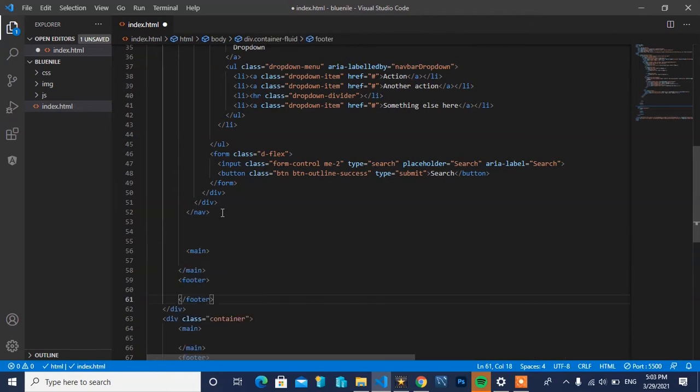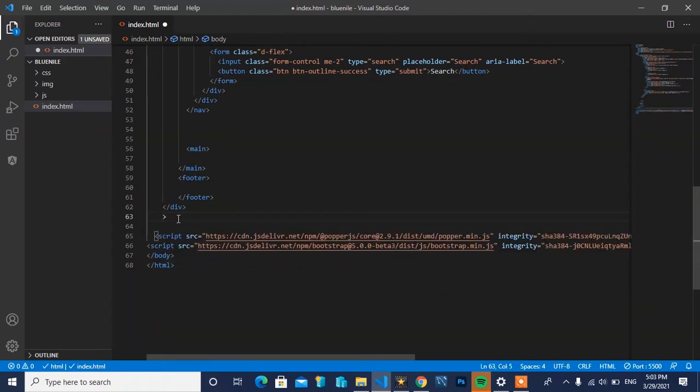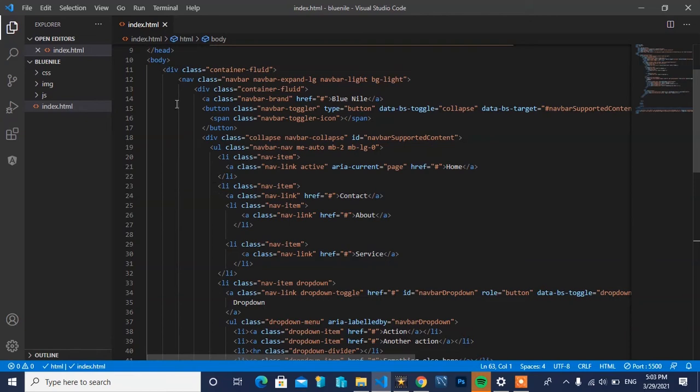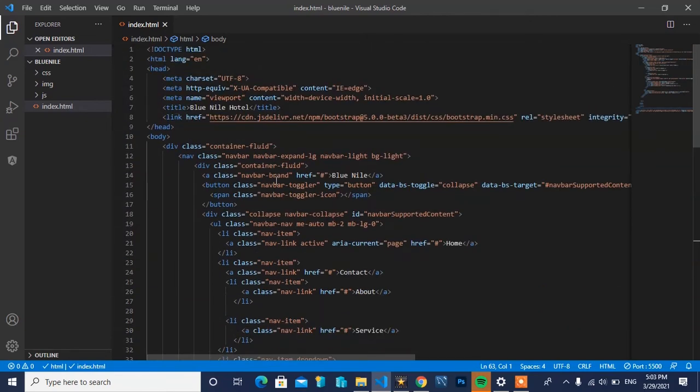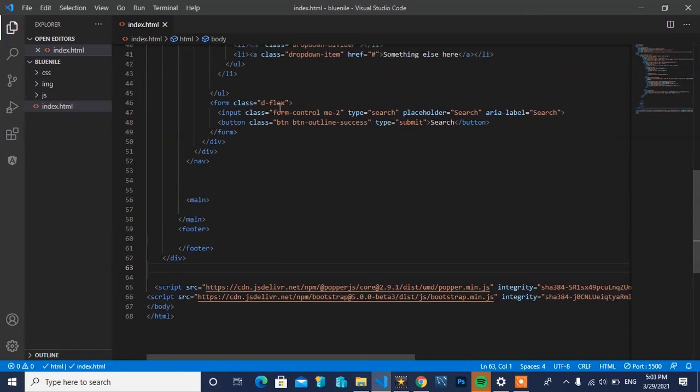So Control V, and maybe I don't need this section anymore, because I need to use the container fluid instead of container elements. So we have the navigation area here, and here the main section and the footer section,